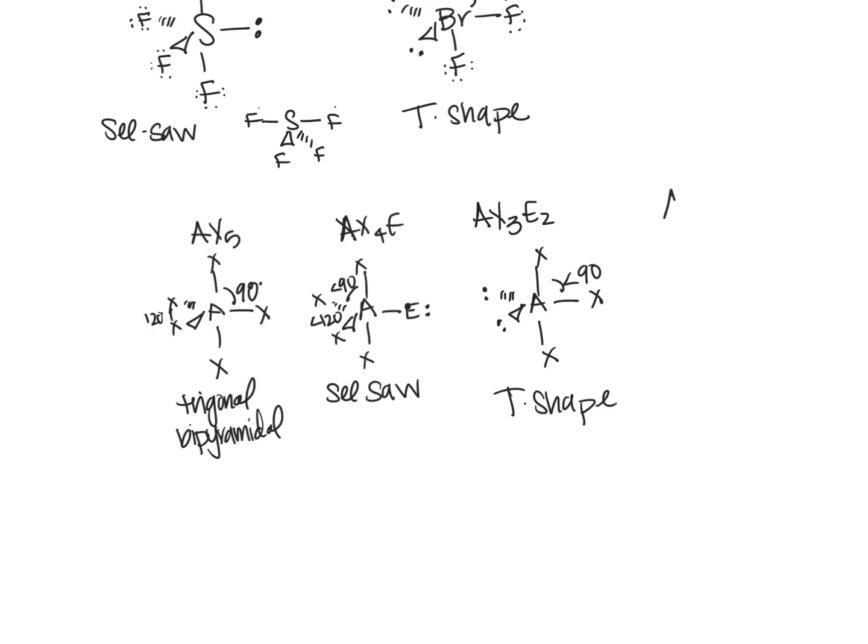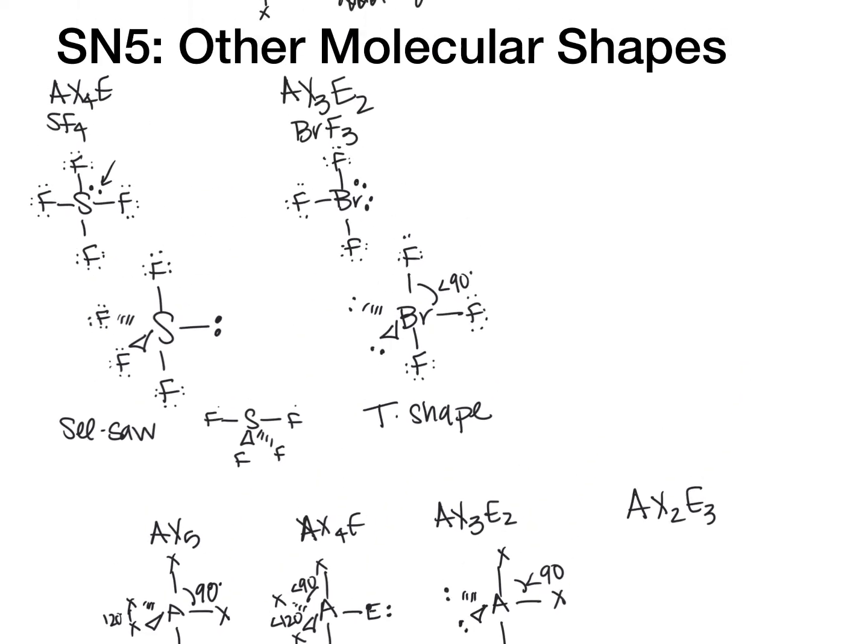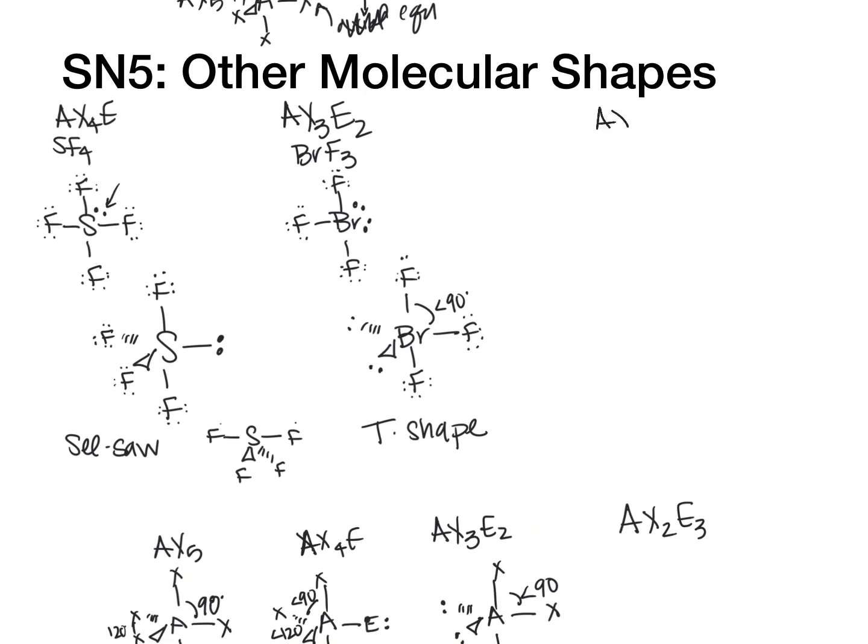The last one we'll see in this pool is AX2E3, and so let's look at an example for that. For AX2E3, a good example would be XeF2. So now we're going to draw a Lewis dot structure, which has our xenon in the middle, connected to our two fluorines, which use up many of the valence electrons. And it turns out that xenon has 3 lone pairs left. So now we would like those to be as far apart as well as all the atoms. So when we draw